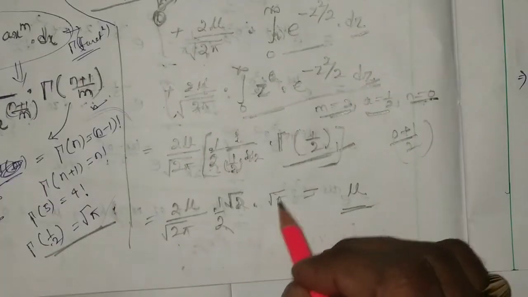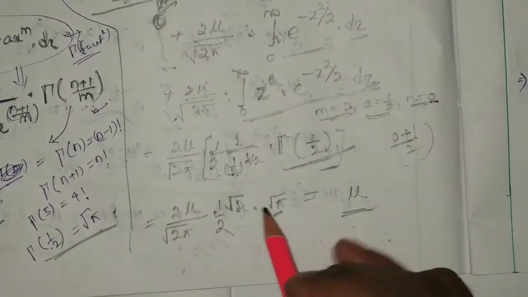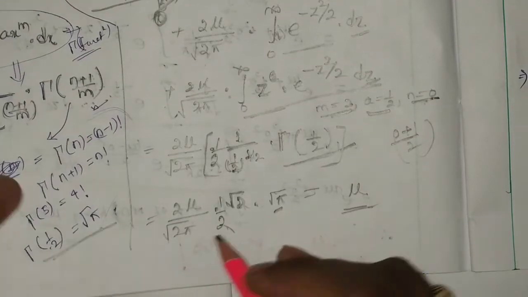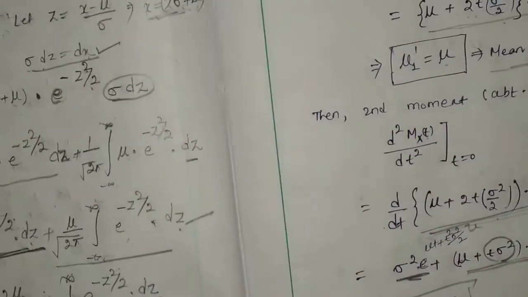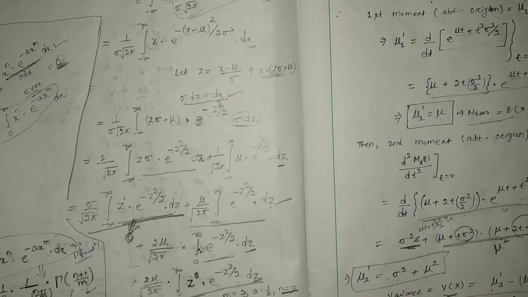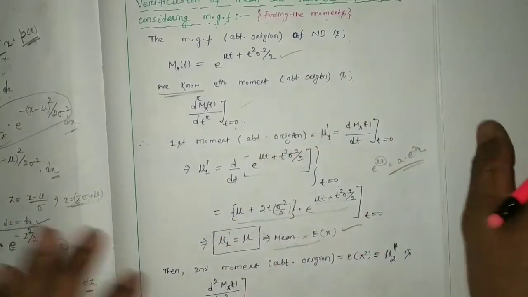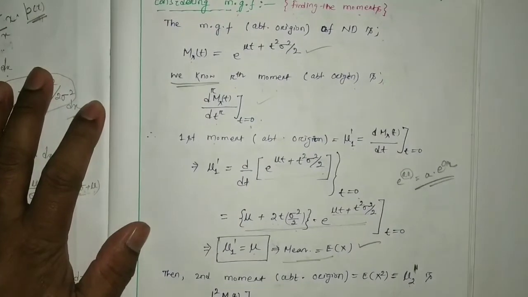So gamma half is root pi, I have substituted it over here. After calculation, 2 got cancelled, root 2 got cancelled, pi, see here root pi got cancelled, and I found mu. If I compare this method with the other, this method is somewhat lengthy, but for finding the moment you can consider this method. I suggest that you consider this method for your normal distribution. Okay,